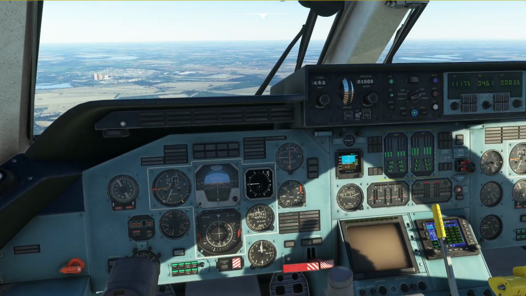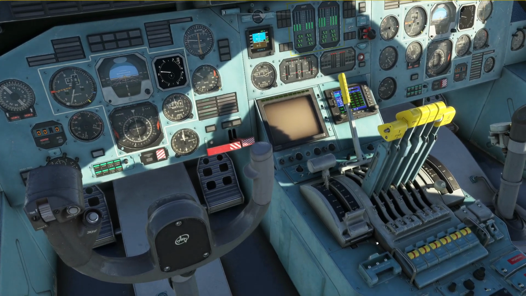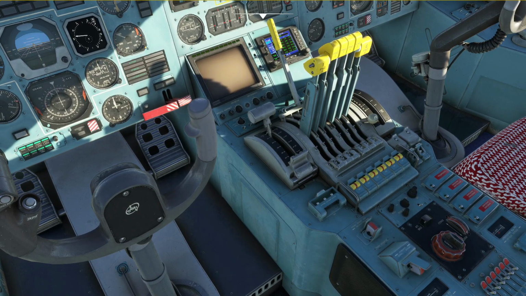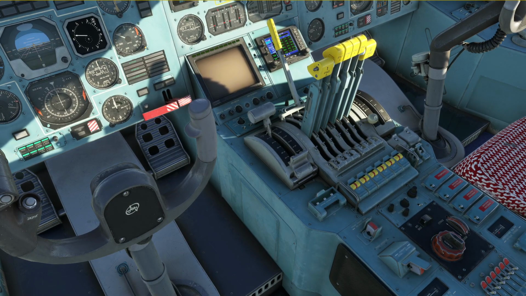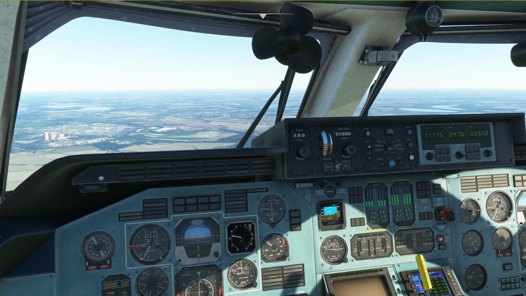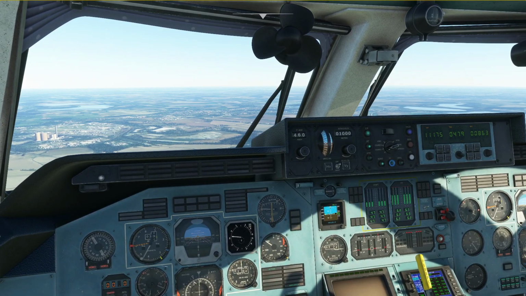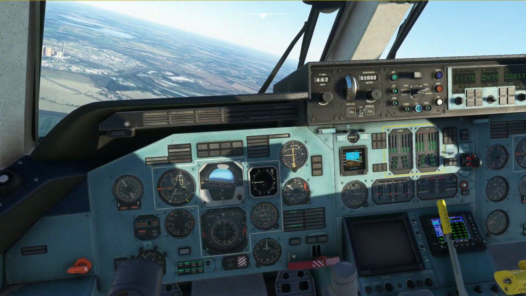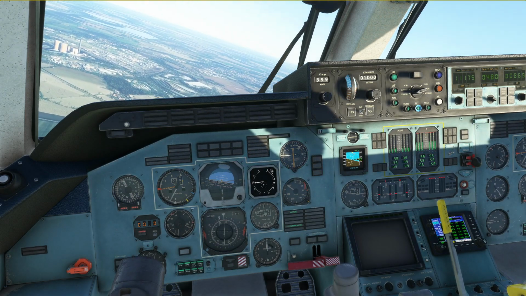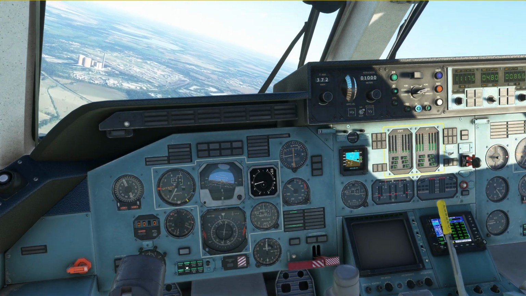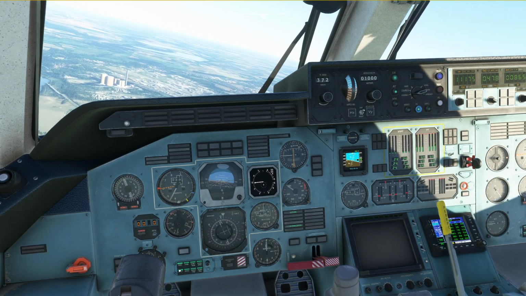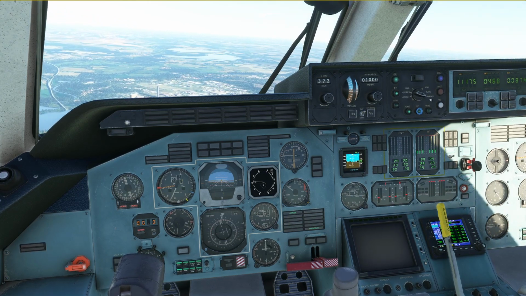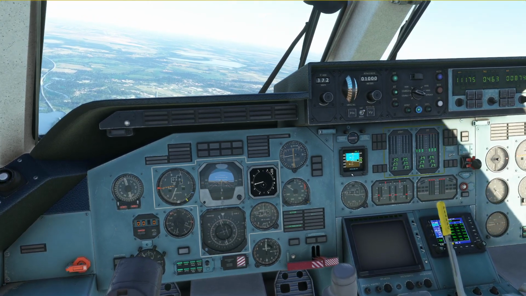Also, at this moment, it might be a good idea to start switching over to approach logic. So let's go ahead and match our heading up here. Now I'm going to put the airplane into heading select. We are now 1 mile before Gamco, so let's start our speed reduction. And by putting the airplane into heading select over here, we can now switch to localizer mode on the EFD. With that, we can go to approach mode and arm it, and now the airplane is going to track